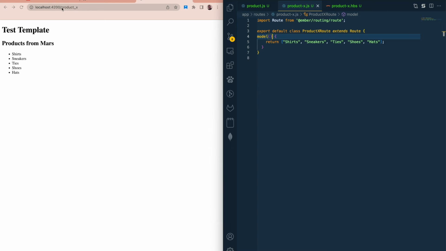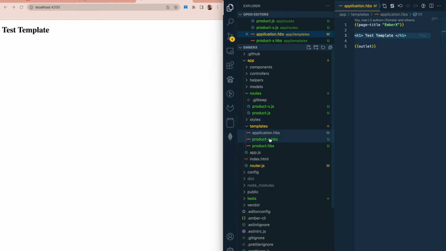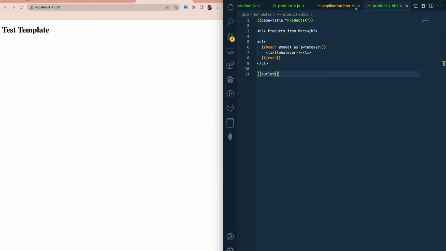So let's go back to what we've been doing. So we have the first page, which is the Ember home page, which is being powered by whatever we see in the application.hbs. So if you look at this application.js, we have this template, and this is what shows on the home page. We have this header, which shows right here, and I think this outlet represents every other template that is existing. So if you check the product X page, which is another route, it's not showing right there